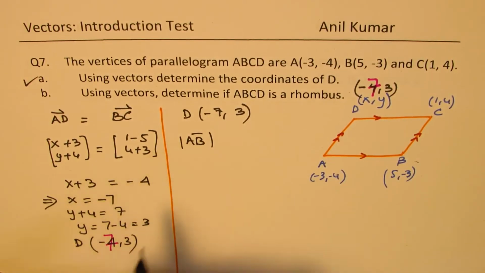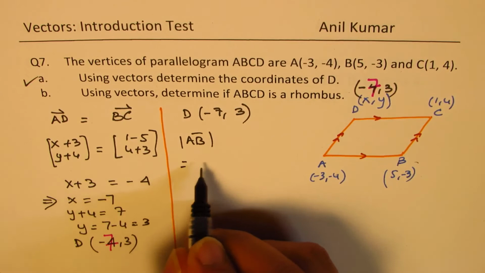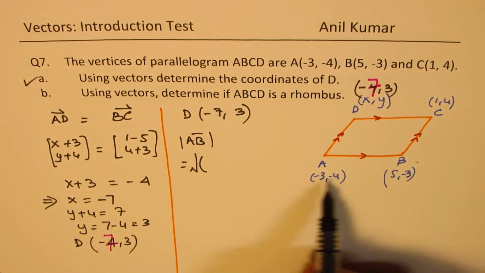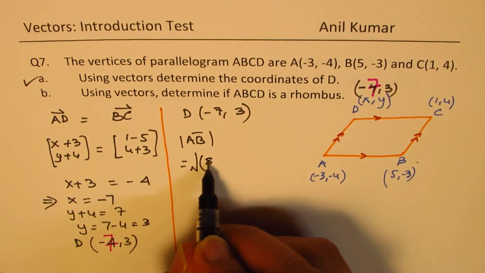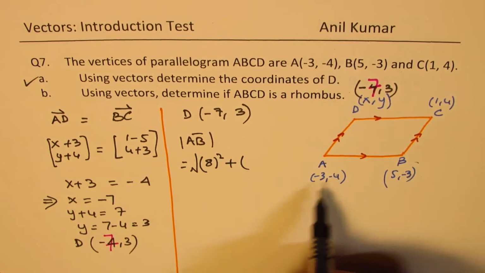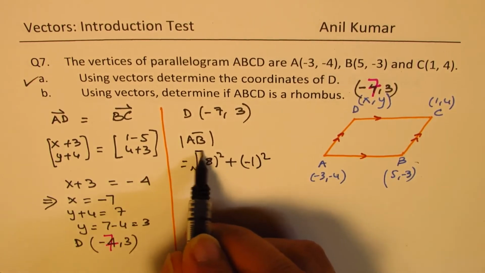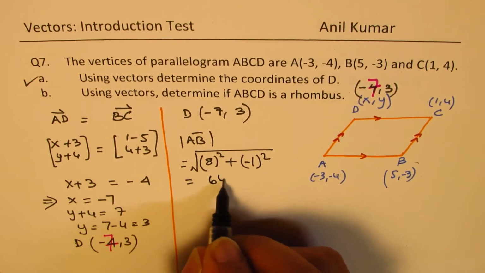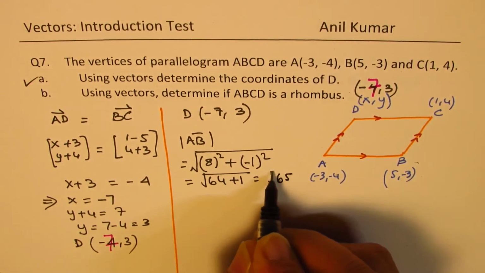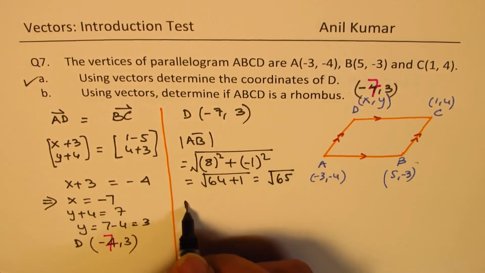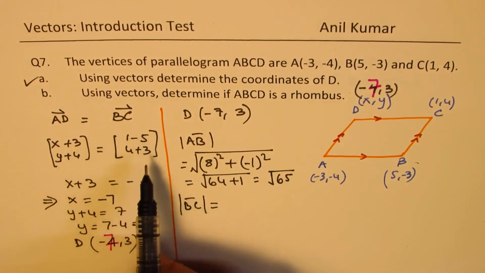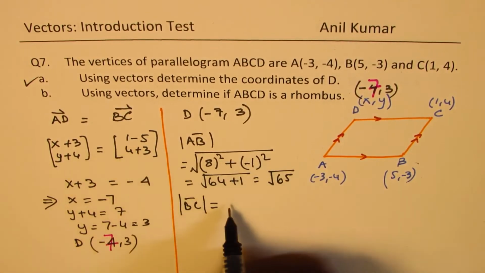So the magnitude of AB will be equal to the square root of (3 minus, let's do 5 minus, that means 8) squared, plus (-3, that becomes -1) squared, correct? Which is the square root of 64 plus 1, or square root of 65. Let's find the BC magnitude, right? Okay. Magnitude of BC, we already found BC is this, which is